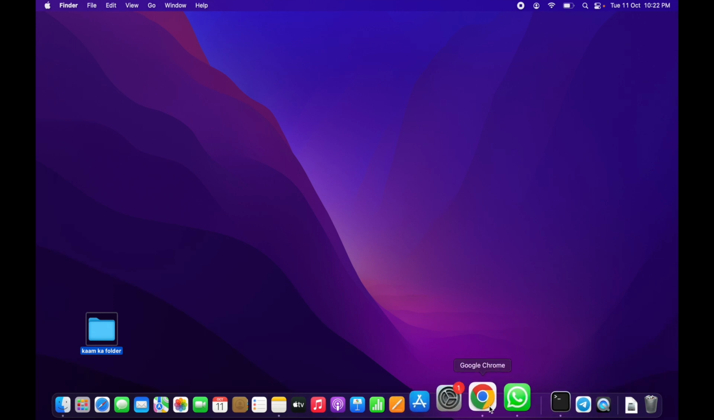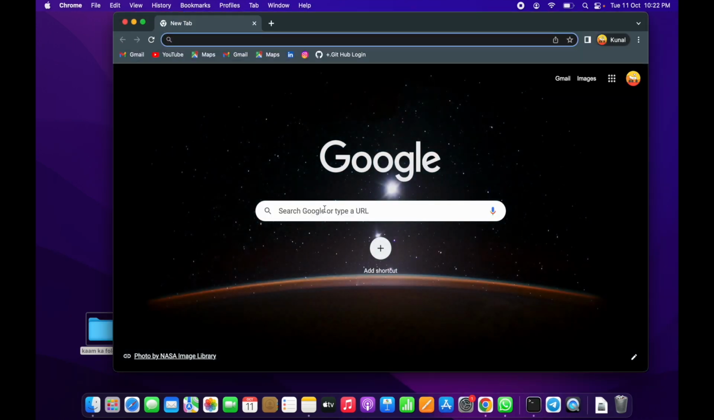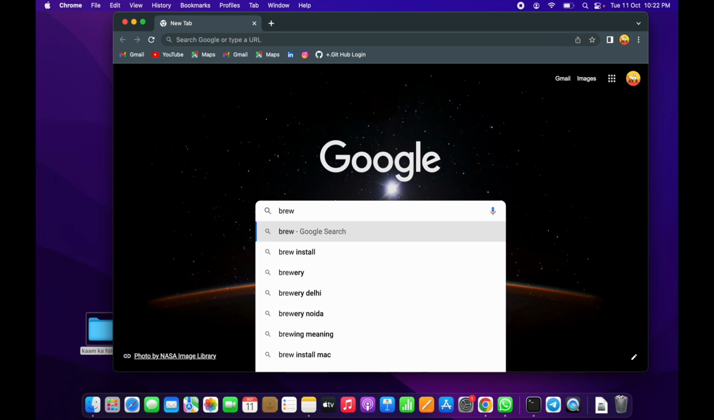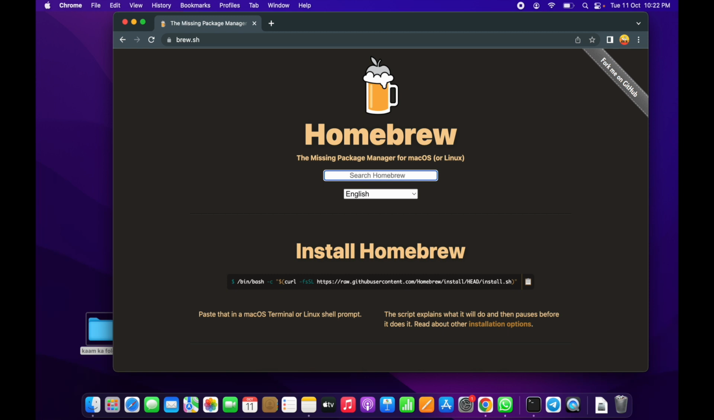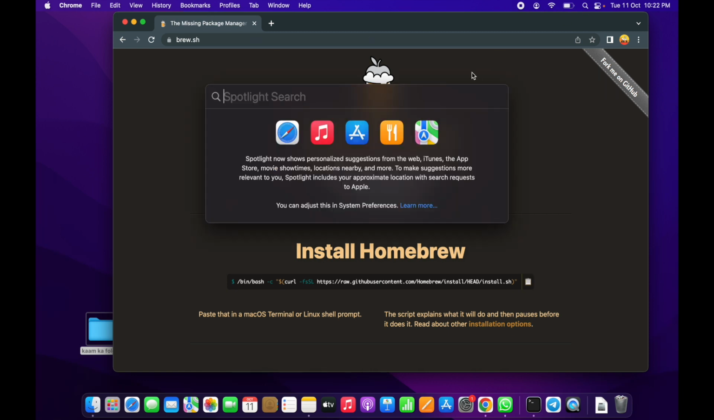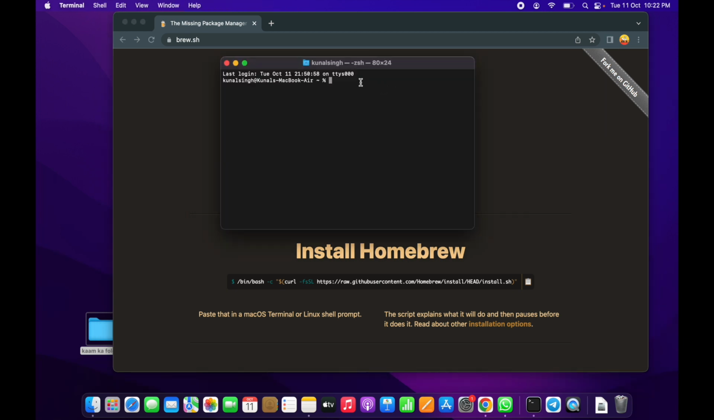So let's open Chrome first and search brew.sh. So here we can see there's a command over here. What we need to do is copy this command, then go to Spotlight, search for Terminal, and paste the command here